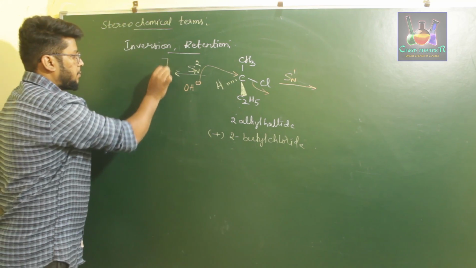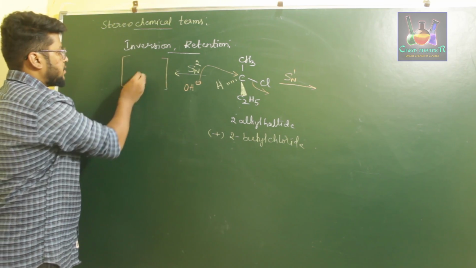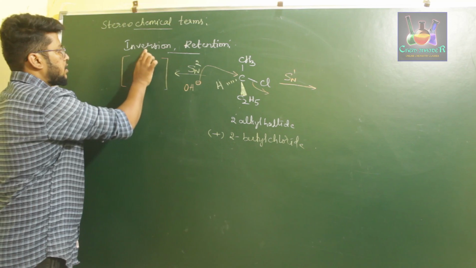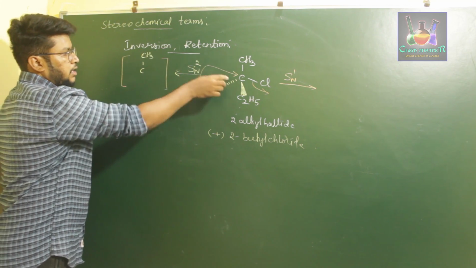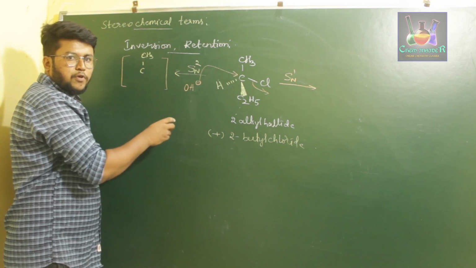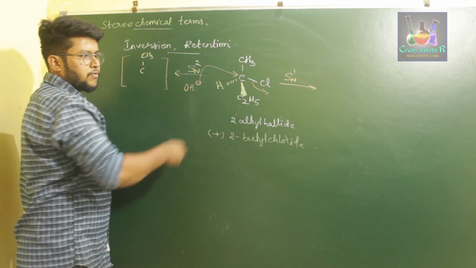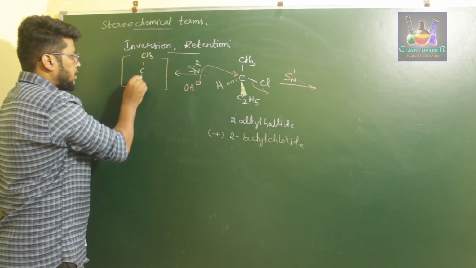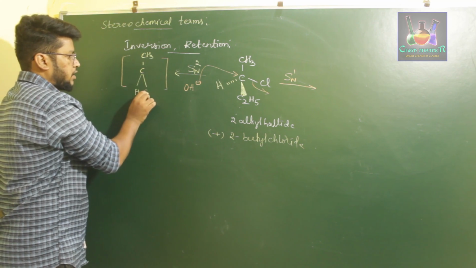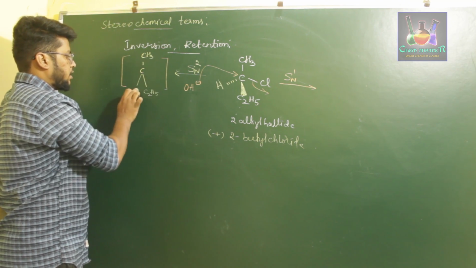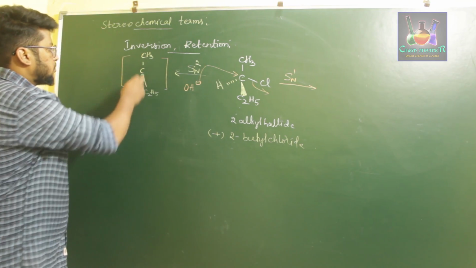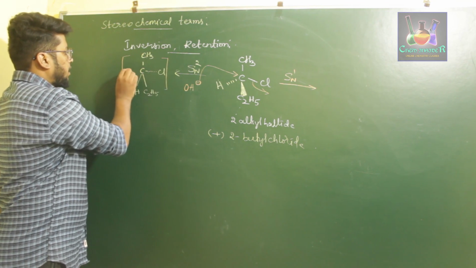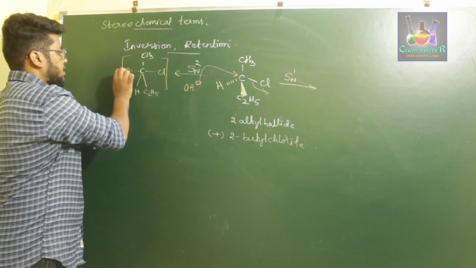This reaction proceeds by forming an intermediate which is given by this structure, with Cl and CH3. While attacking, OH minus attacks the carbon atom and forms a partial new bond, and the chlorine atom forms a partially broken bond. We are leaving behind CH3, H and C2H5 in a plane. We have discussed this; I hope you have understood that video. If not, go through that video once again and then look at this explanation. So these three will be in plane, and we have a dotted bond which is the breaking of the Cl atom, and a new bond that is forming with the OH.